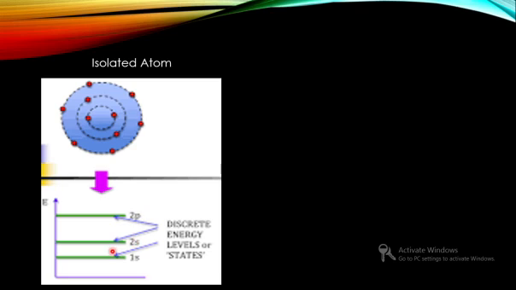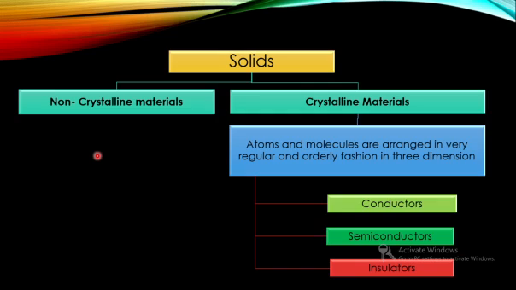Here we can see the energy levels are actually discrete, that means they are depicted as single lines. This is for a single atom, which means there are no nearby atoms to affect the energy levels of this atom. Now let us suppose that there is